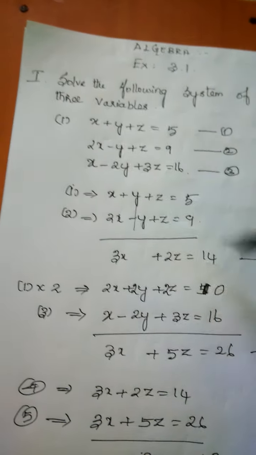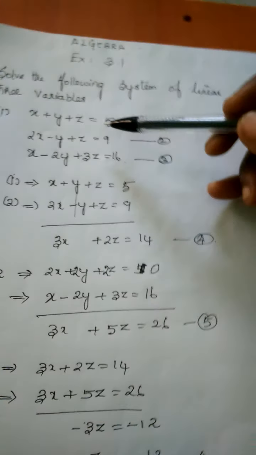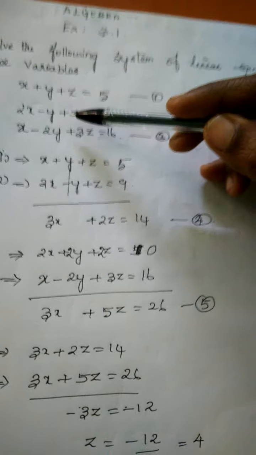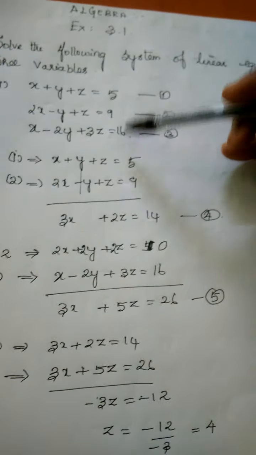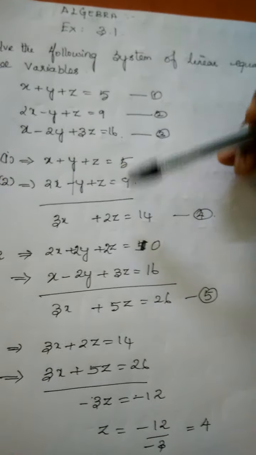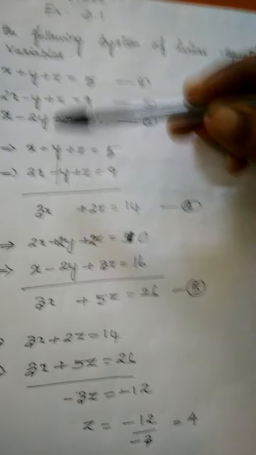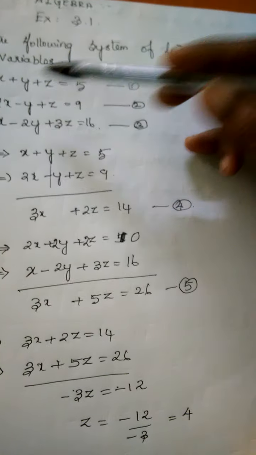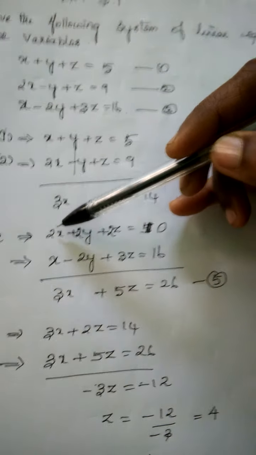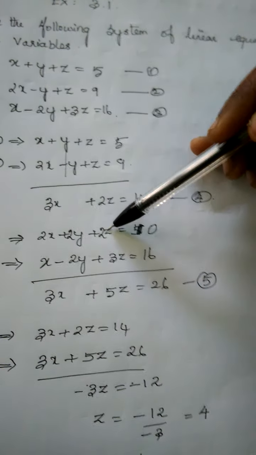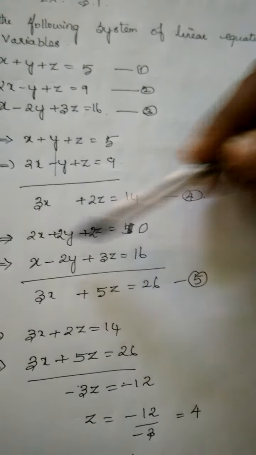Okay, in the same way we want to get the same kind of terms again. How will you get these terms? From equation number 2 and 3, or else 1 and 2, any two equations you can choose, but your answer will be the same. The x and z terms will come here also. x plus y plus z equal to 5, you have to multiply this by 2. You will get 2x plus 2y plus 2z equal to 10, since 5 times 2 is 10. This is equation number 1 after changing.